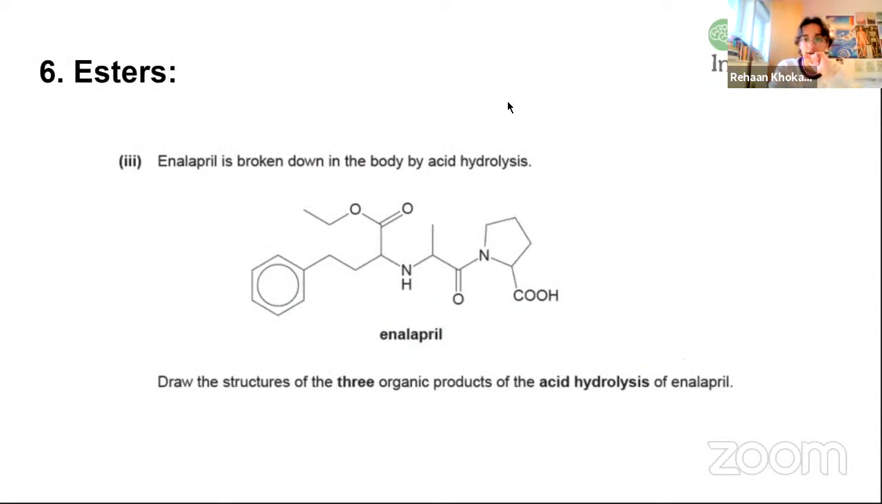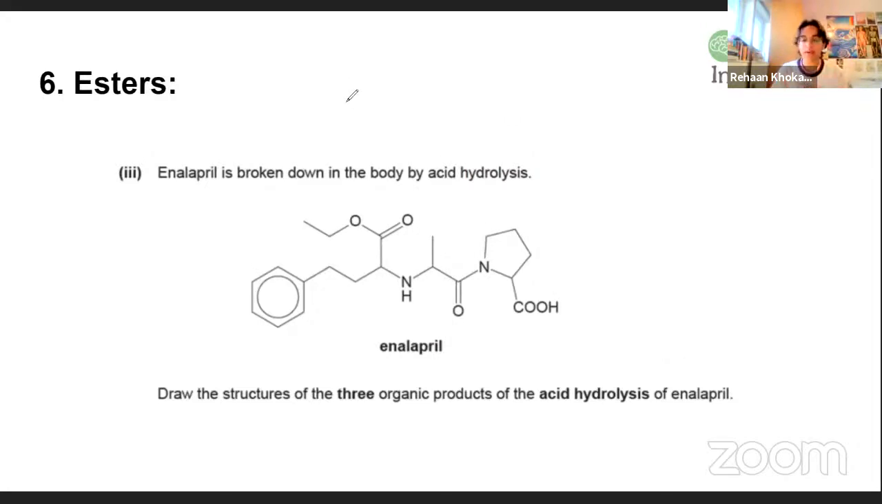Esters are quite fun. That's a big topic as well in A-level chemistry. I remember when I was doing it, there were so many ways to make esters, and I couldn't keep up with how many different ways there are. And then something that was quite common in exams is hydrolysis of esters. There are two ways you can break down esters. One is acid hydrolysis, and one is alkaline hydrolysis, so using sodium hydroxide rather than an acid